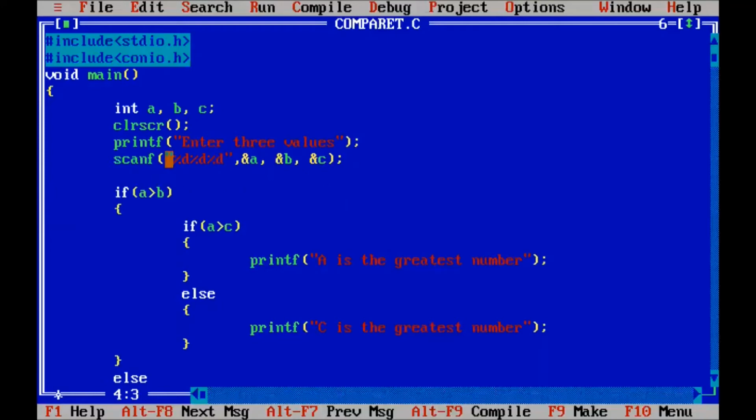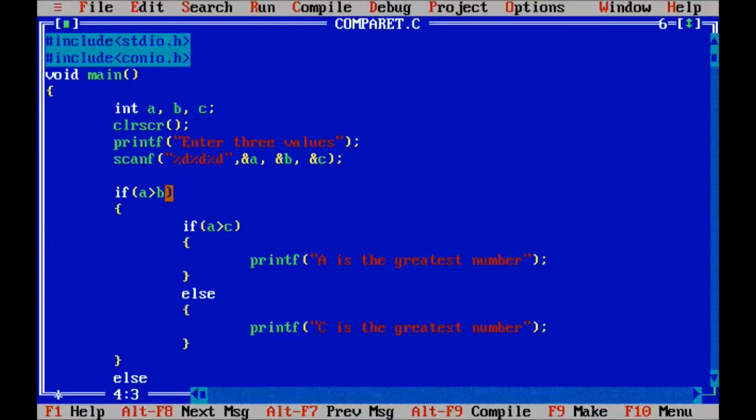Similarly we use the ampersand with b and c. So here we store three values, and in the if we first check a greater than b, and again check a with c, meaning a greater than c.